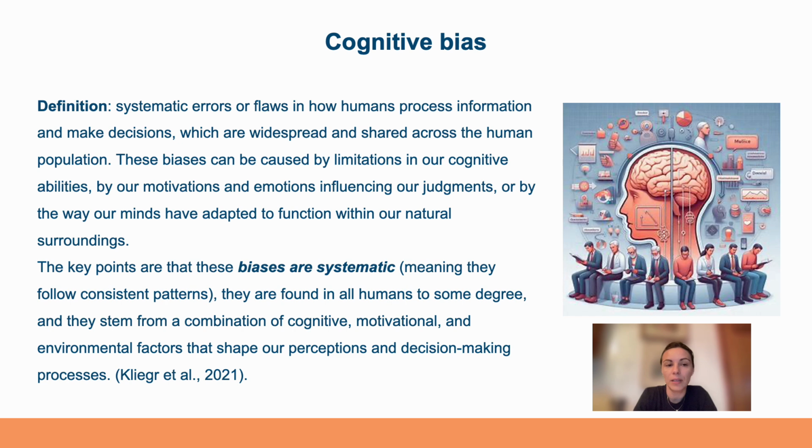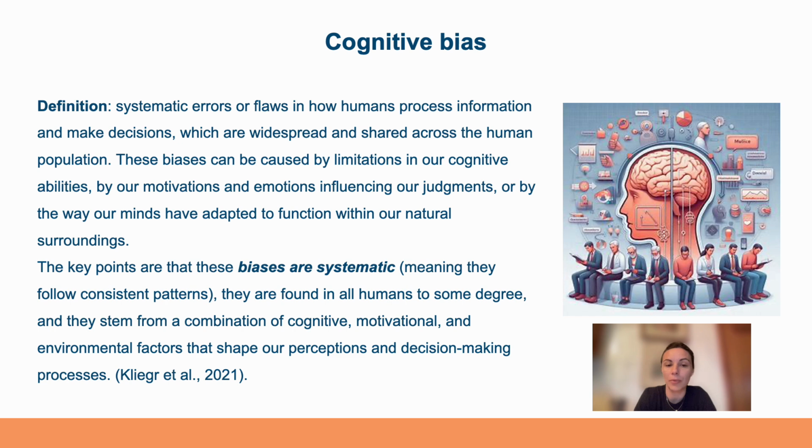These biases can be caused by limitations in our cognitive abilities, by our motivation and emotions influencing our judgment, or by the way our minds have adapted to function within our natural surroundings. The important key is that these biases are systematic, meaning they follow consistent patterns, and they are found in all humans to some degree, and they stem from a combination of cognitive, motivational, and environmental factors that shape our